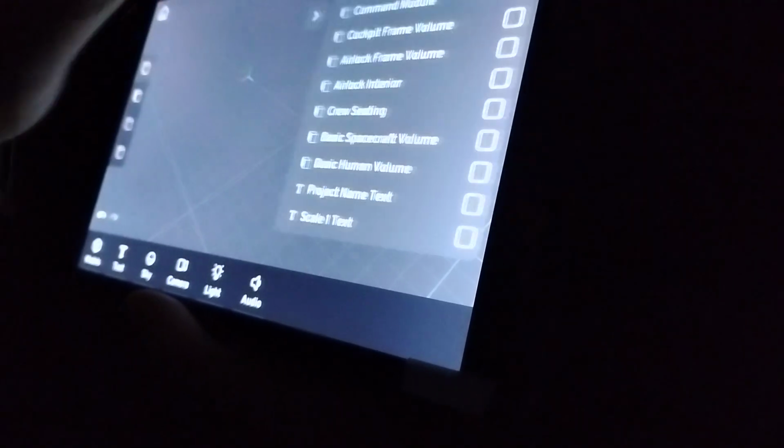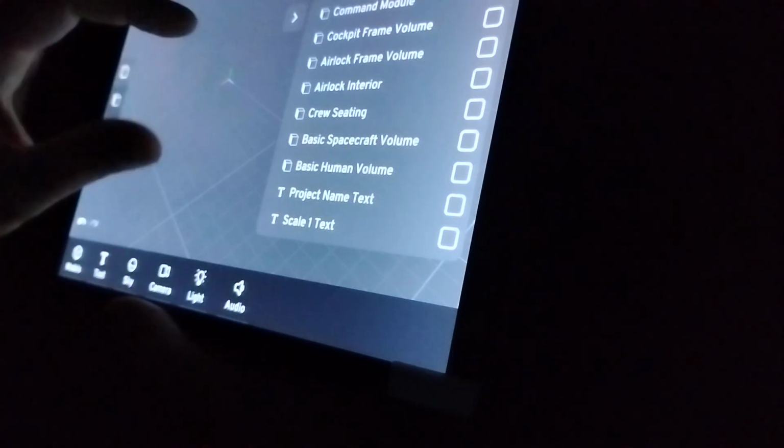Now, what I've been wanting to do with the command module is have it look like the Apollo command module, which has the angle down here,